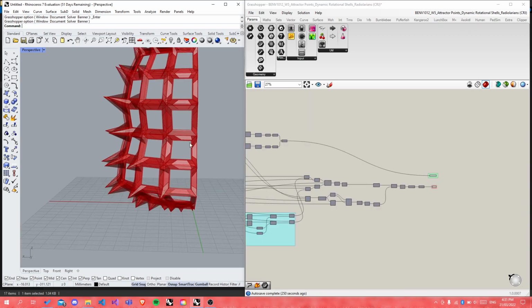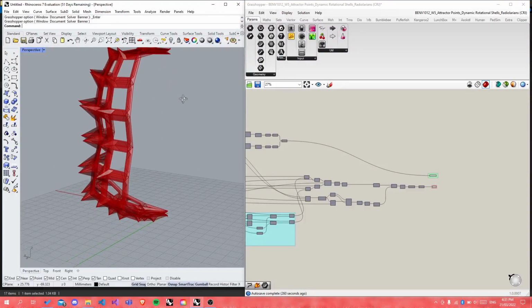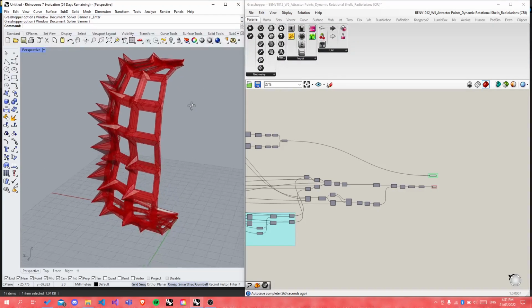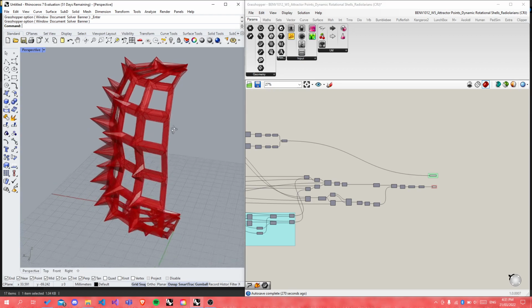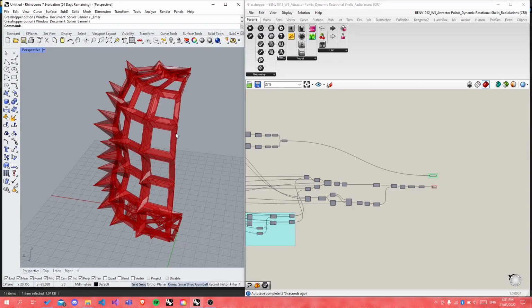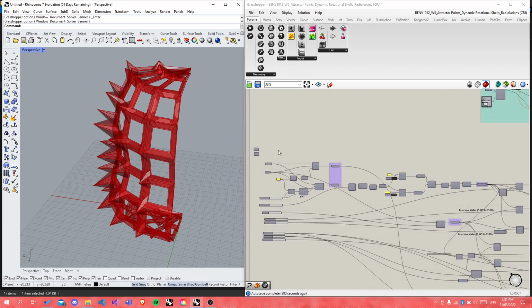It doesn't really matter what kind of surface you go for. Obviously we went for the revolved surface. You can use any kind of surface that you create. I would recommend, if you want to pick an existing building or a conceptual building that you like, just sort of approximate the geometry of it and then subdivide it. If you can do that in a similar way to how we subdivided ours up here,